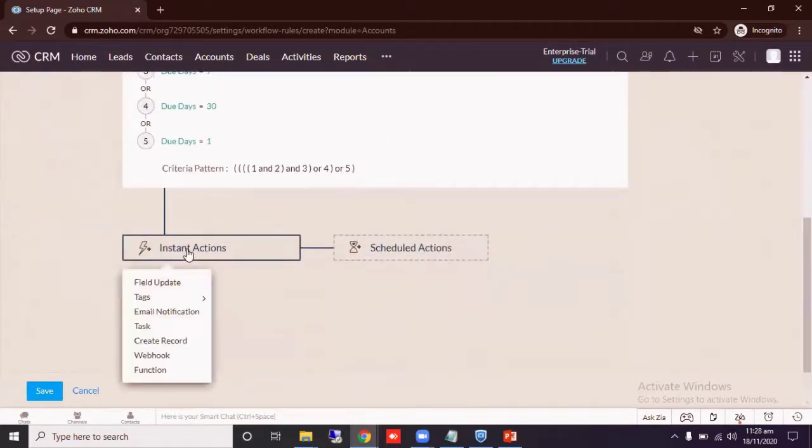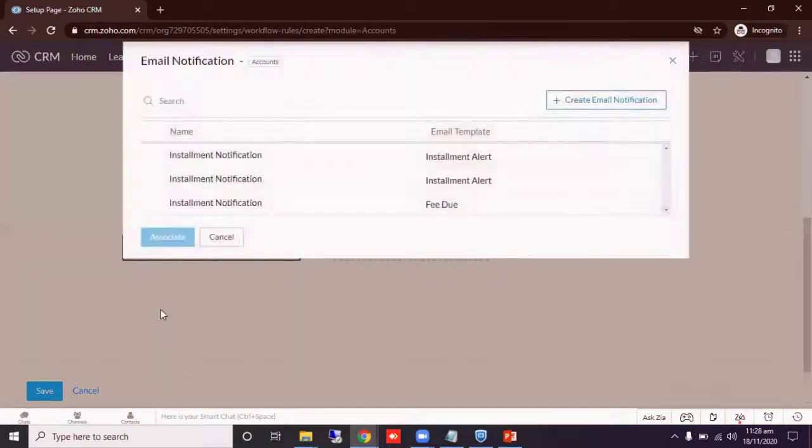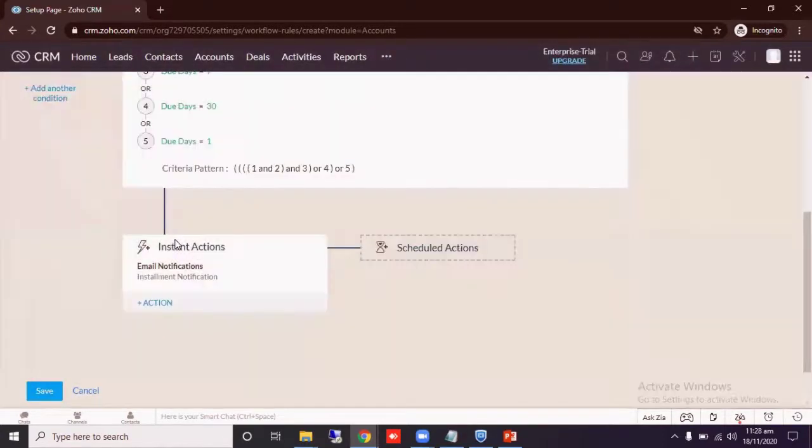add your instant action here. So I want to send an email notification and a task. So then first I am selecting the email notification and select email notification template from here, associate,